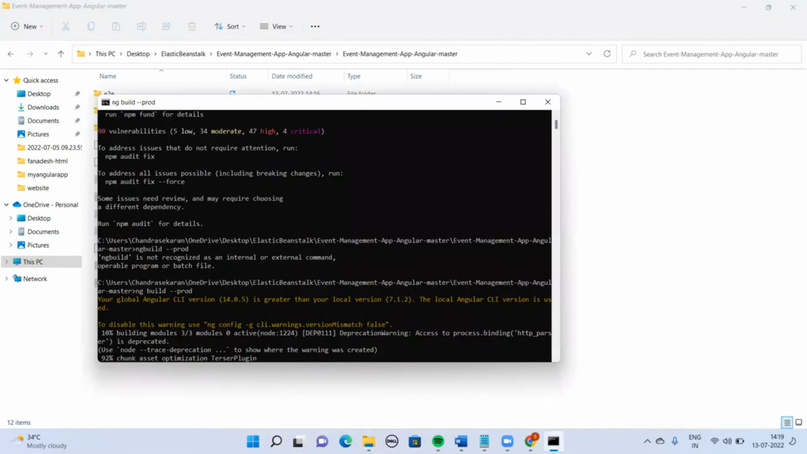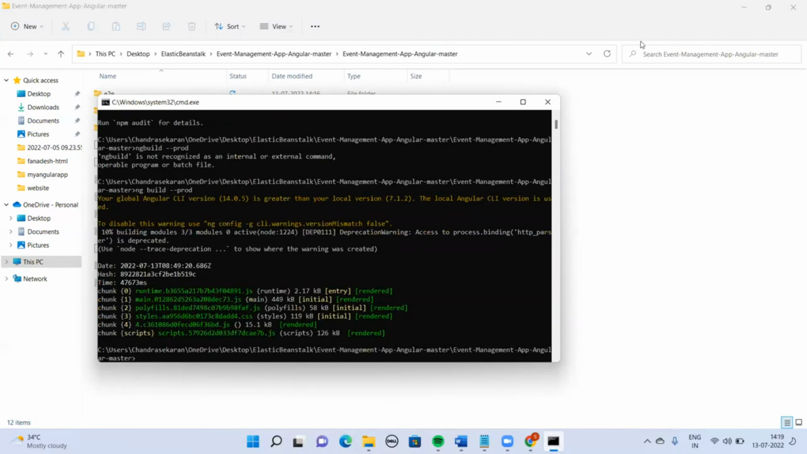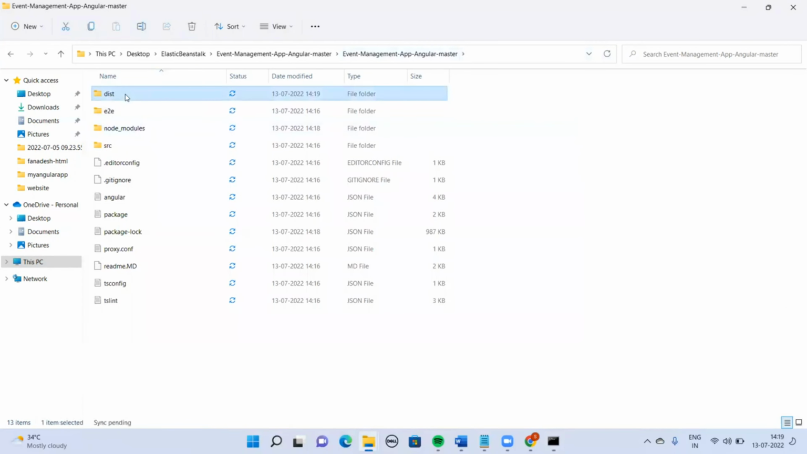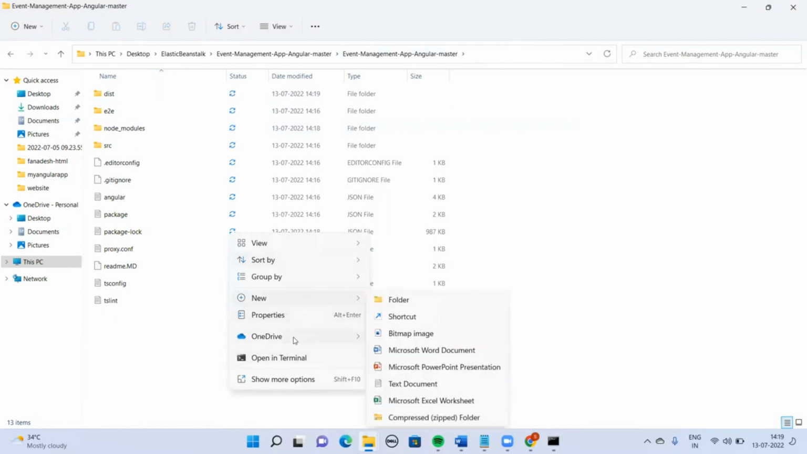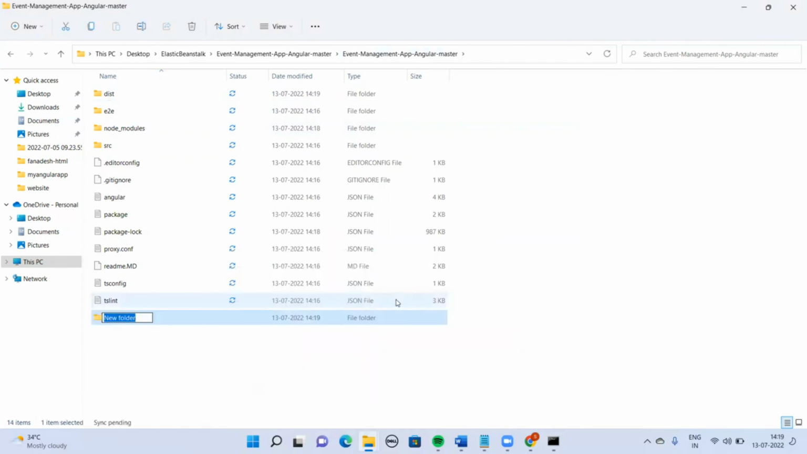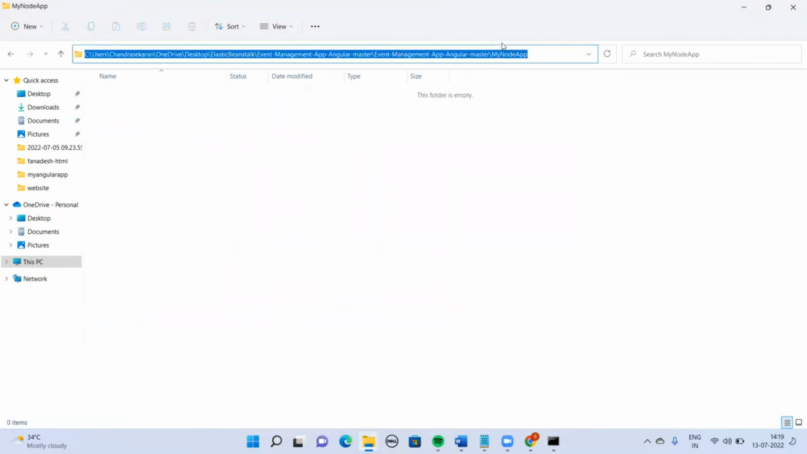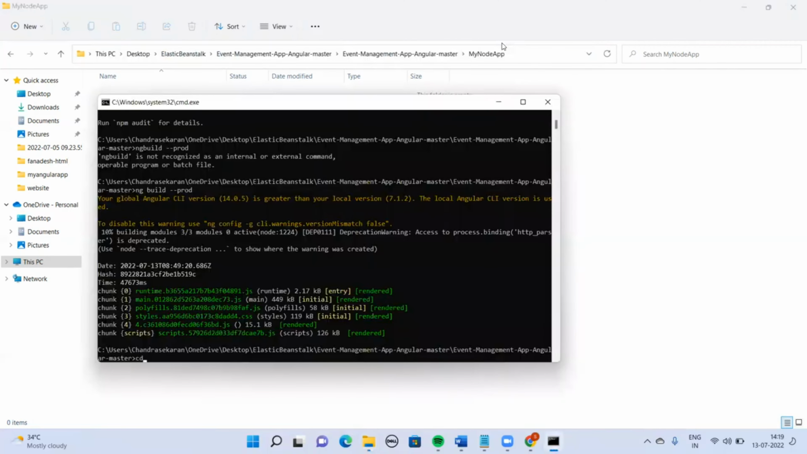This will also take a couple of seconds. Okay, done. Let me refresh that. This folder will be created. Good. Now I'm going to create one more folder to create the node application, my node app. Inside that,